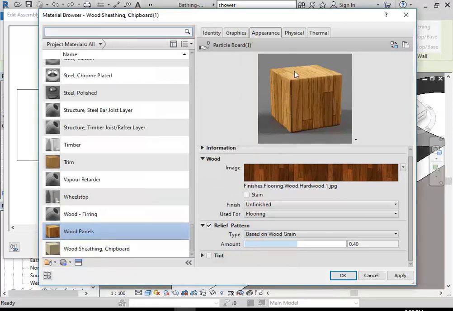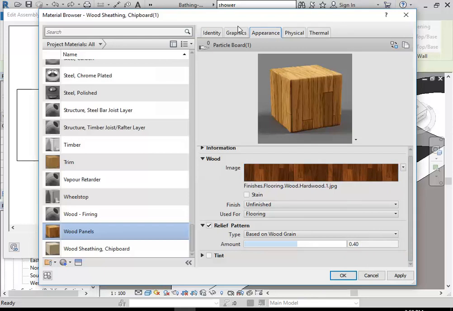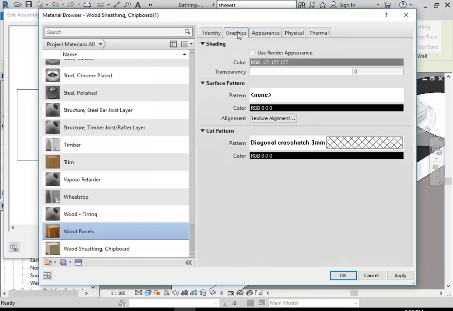And that's most of the work done for that material. So on the Appearance tab, you set the way you want it to render. And that's why you use Photorealistic Textures. In other words, textures made from photos taken in the real world. But then to finish it off, I'm going to go back to the Graphics tab and now just quickly go over how to set the shading colour